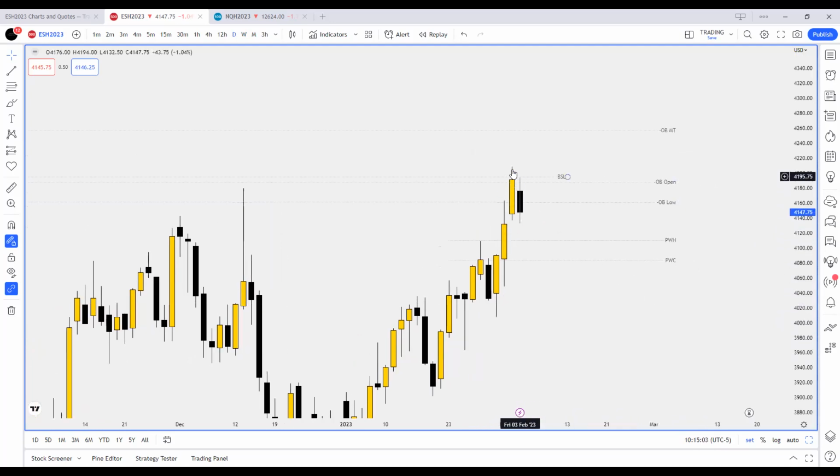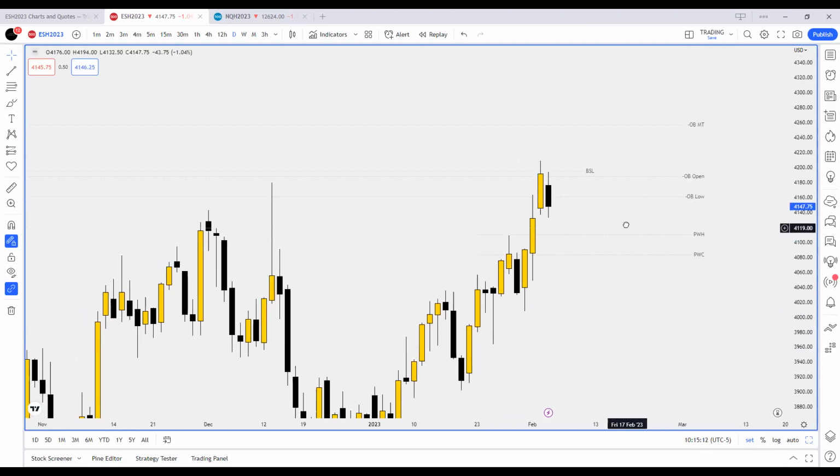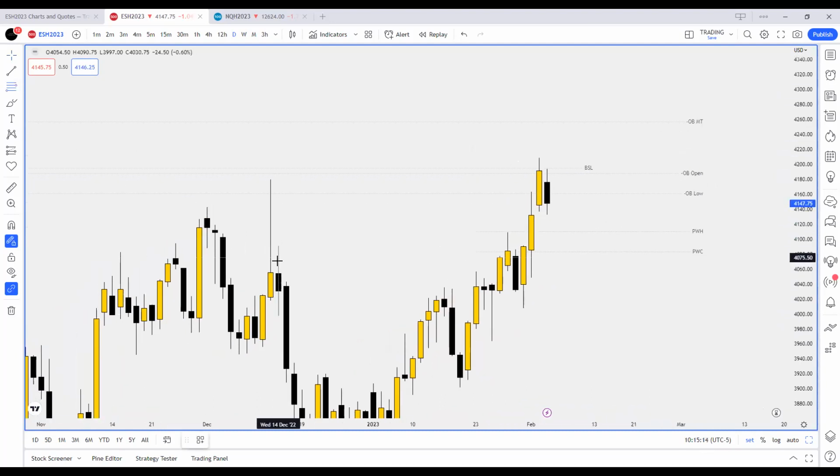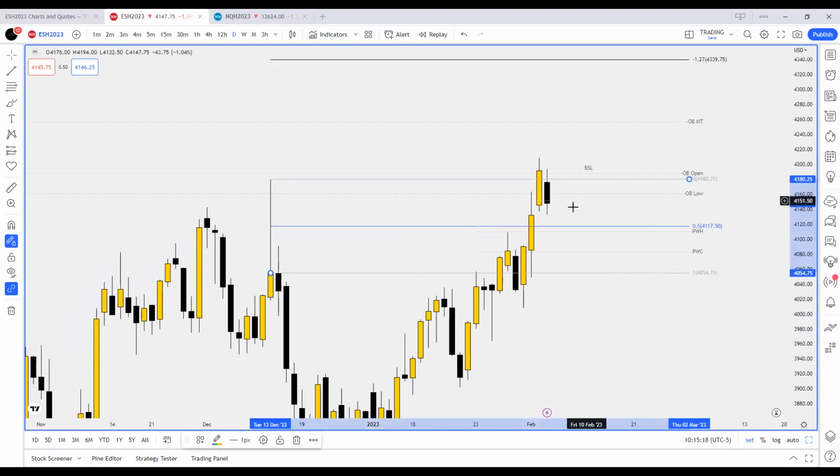I like the reaction off the buy side liquidity, how we spiked through it. We have not had candle closure, and then we had the failure to go higher and kind of shut that buy side liquidity down. This is the rejection block that I'm going to be using, the consequent encroachment of it. And basically from here, you go into here,